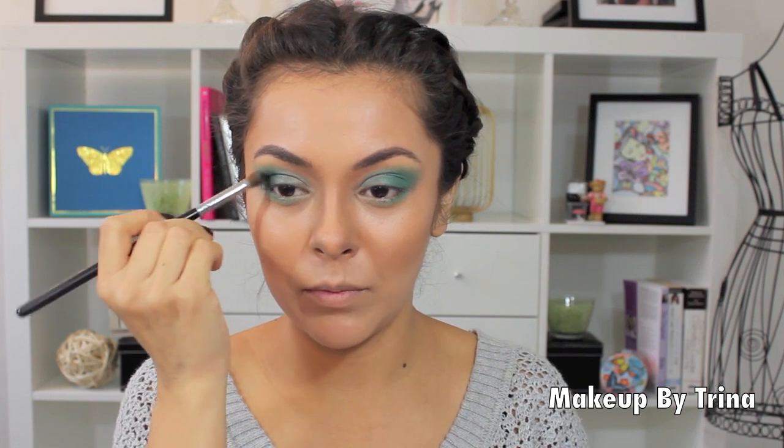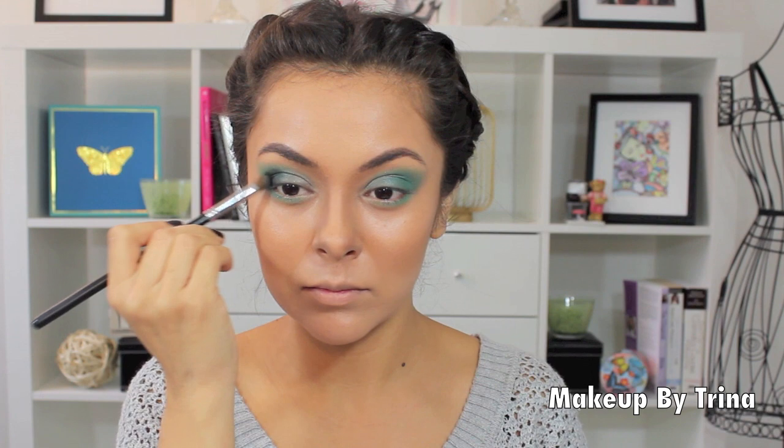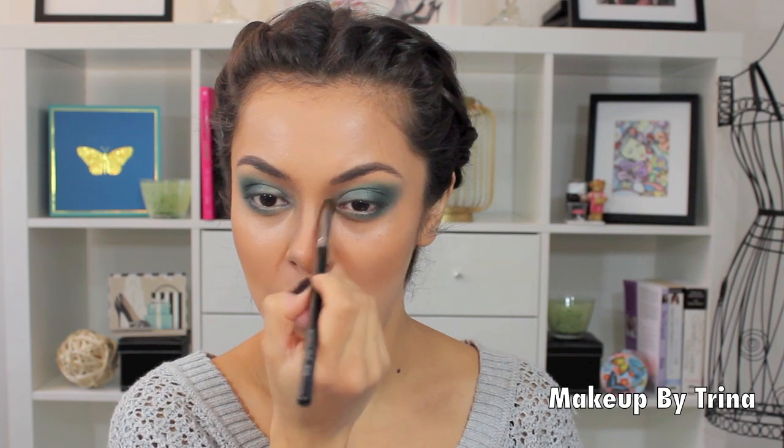Does that make sense? It's sultry in the crease, but that's what I get when I look at it. So, Katniss or not, this look is coming together pretty darn good. I actually really like it. And one more thing, with whatever's left over on that brush, so it should be the darker shade of black, I'm just going to bring that into the tear duct and kind of just make it look a little smoky